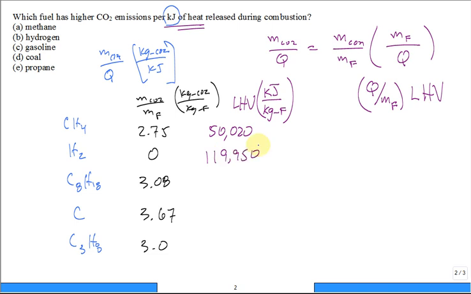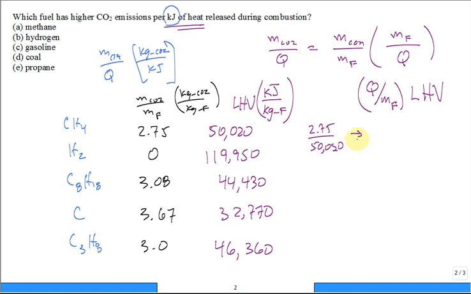There's a lot of heat release when you burn pure hydrogen. How about for the gasoline? 44,430. And for carbon, 32,770. And for propane, 46,360. So you do the ratio, and you're taking the 2.75 and dividing it by 50,020,